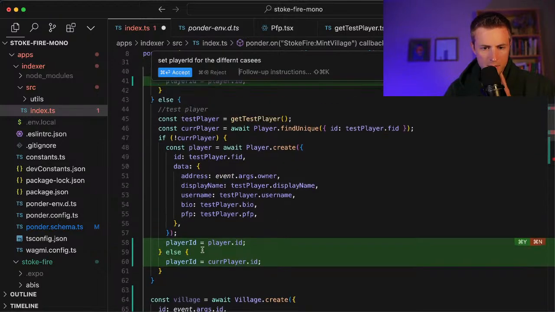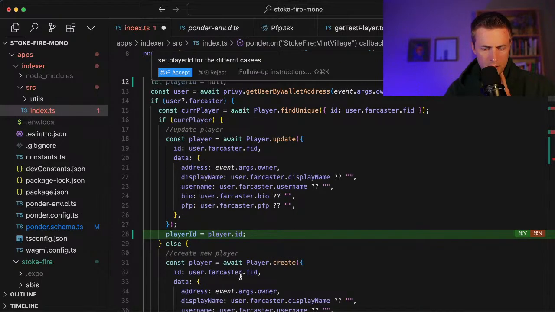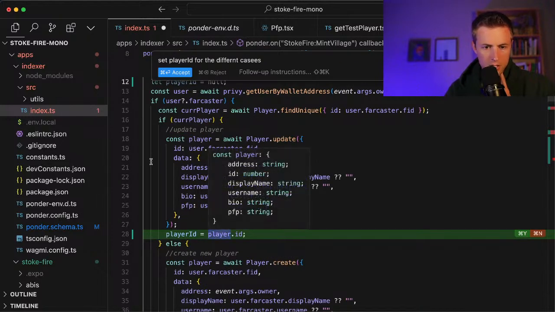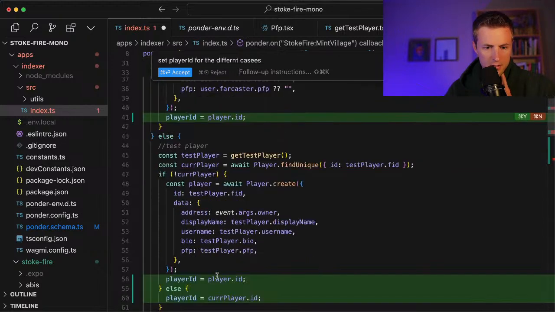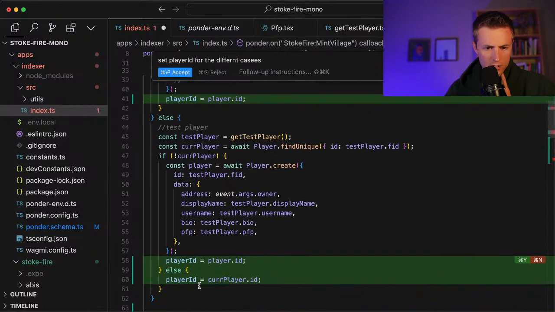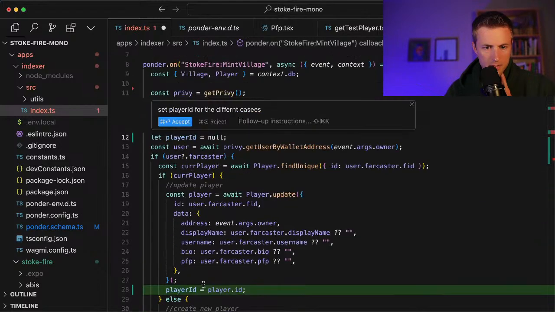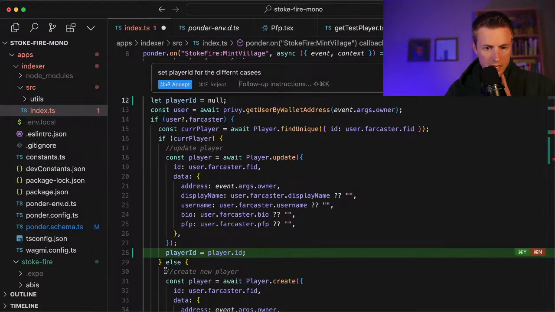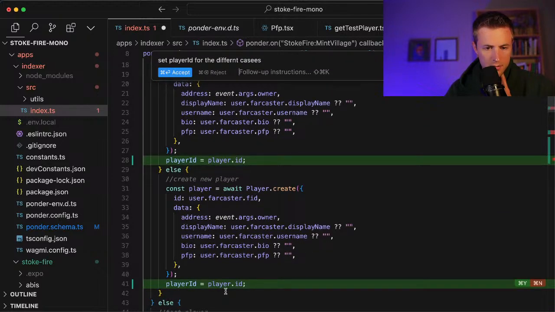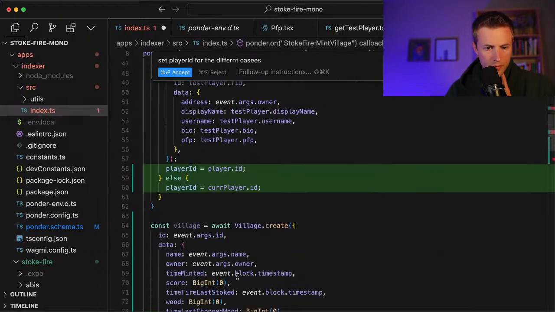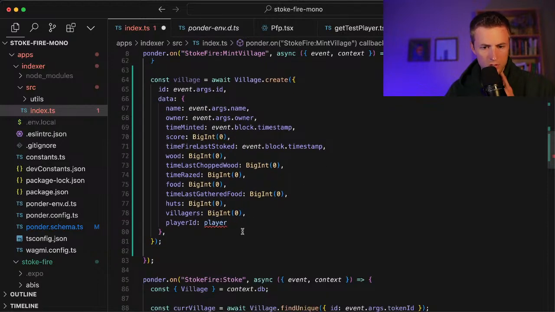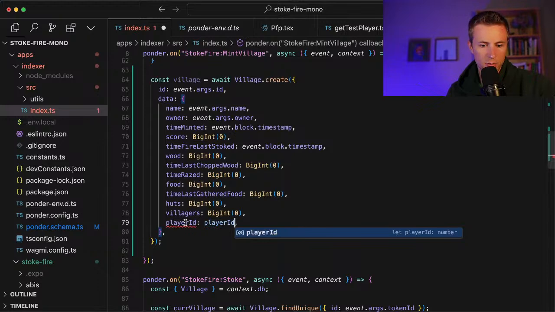Nice. Yeah, that looks pretty good. That makes sense. And then what is this other else? Oh, that's for there. Looks like we need to set the player ID in this case. Oh, it does, because it's creating it or it's updating it. Okay. Accept. We'll take it. And then we should have our player ID, which